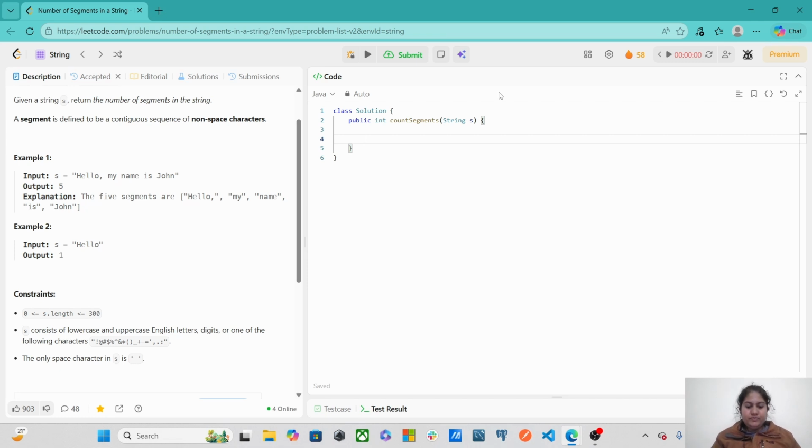First of all, let's trim our string S, and now let's take out the length of the string. If the length of the string is equal to 0, return 0, as there is no string present. There is no segment present in the string. It is a nullified string. Otherwise,